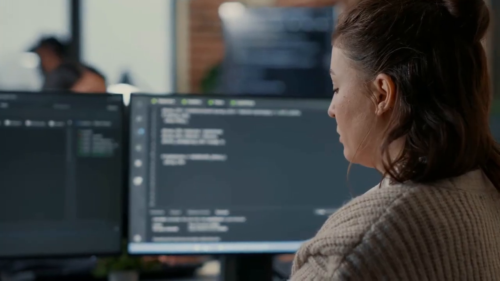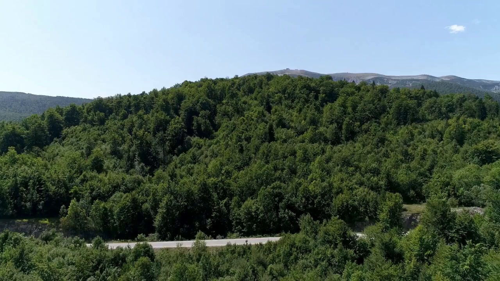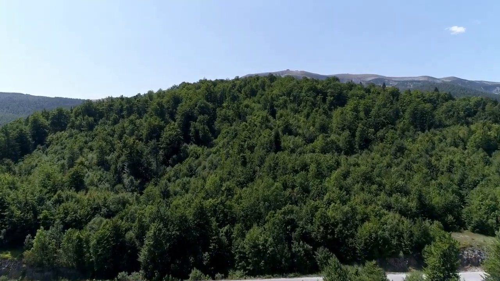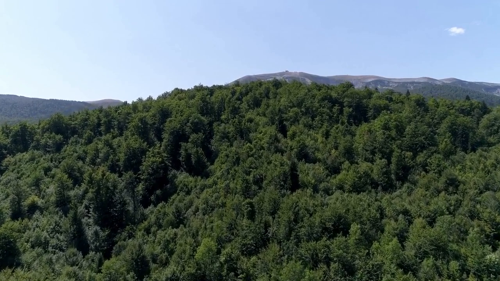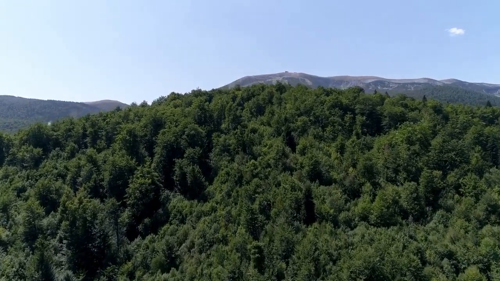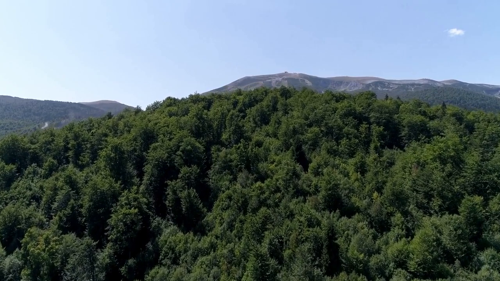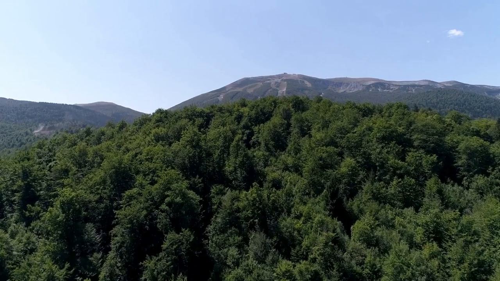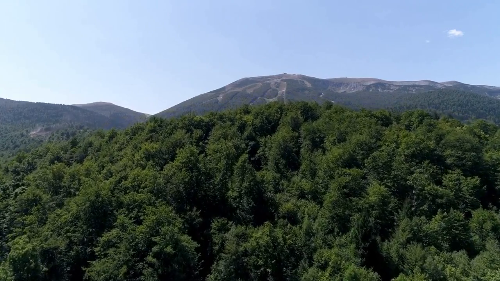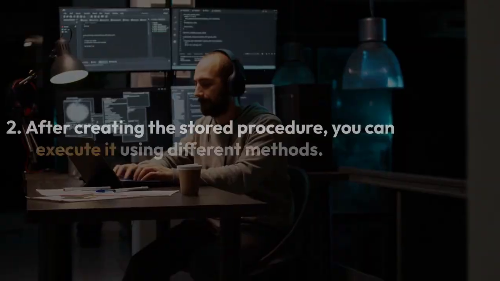The code to create this stored procedure would look something like this. SQL: CREATE PROCEDURE UpdateEmployeeSalary @EmployeeID INT, @SalaryIncreasePercentage DECIMAL(5,2) AS BEGIN UPDATE Employees SET Salary = Salary * (1 + @SalaryIncreasePercentage / 100) WHERE EmployeeID = @EmployeeID END